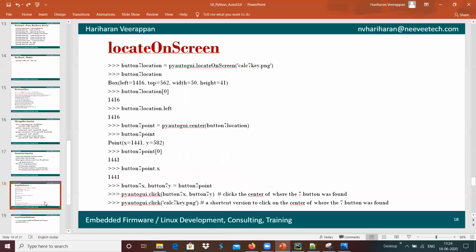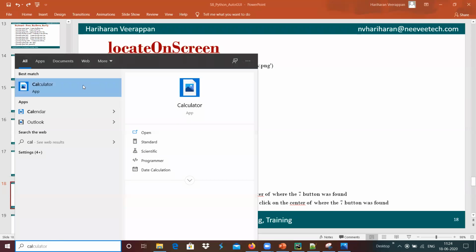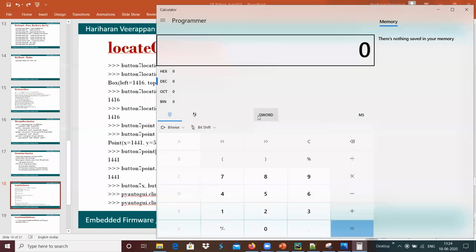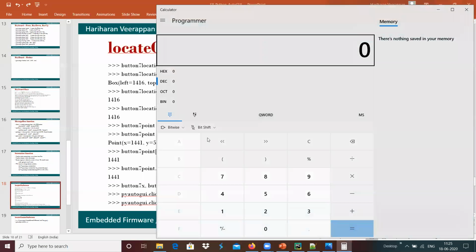And we have the option to locate an image on the screen. For example, you have a button. For example, we can take the calculator, and we want to do the automation.